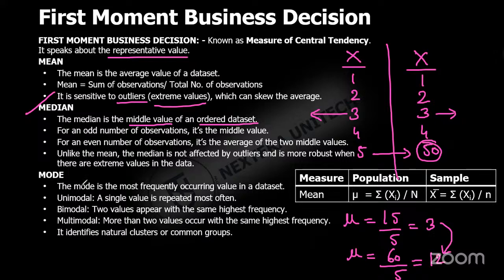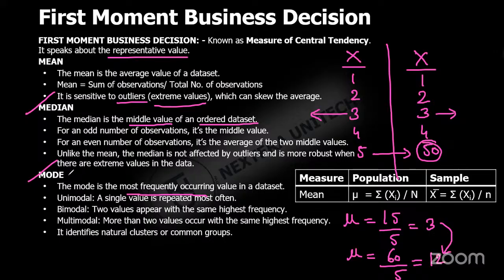Fine. What about mode? We understood mean and median, because mean has a disadvantage, which is that it is sensitive to outliers. So median is actually overcoming the mean. Median is actually solving the problem that mean has. But what is the purpose of mode? Mode is nothing but the most repeated value. The most repeated value in the data is called mode.